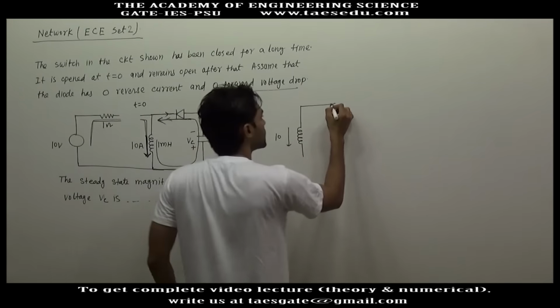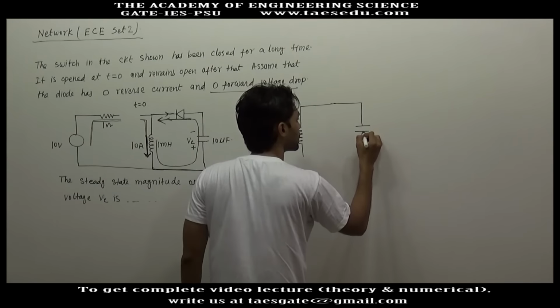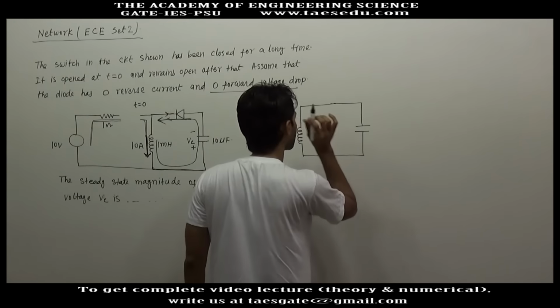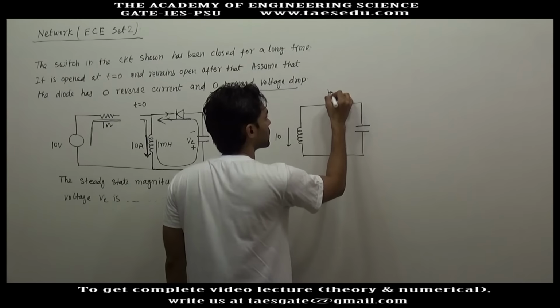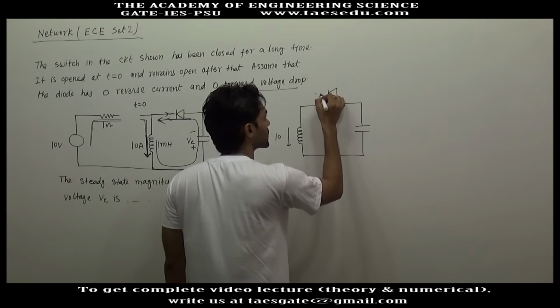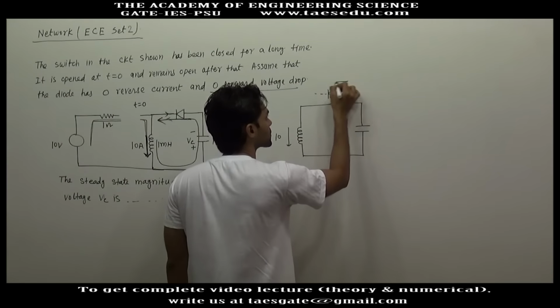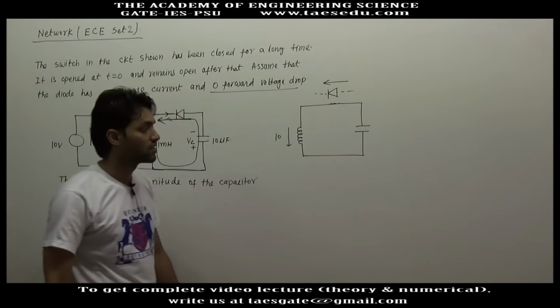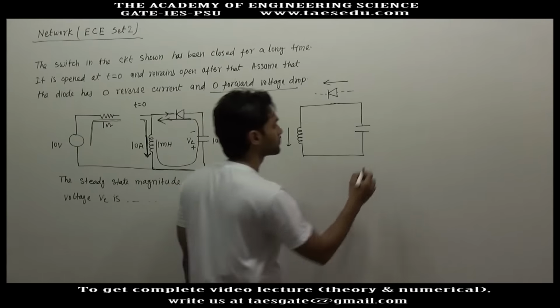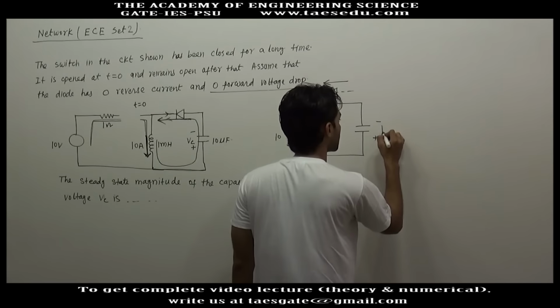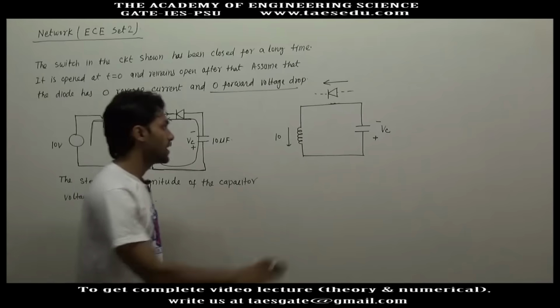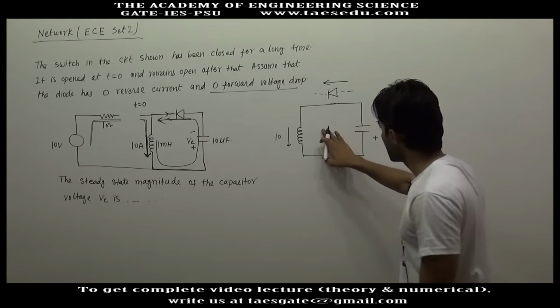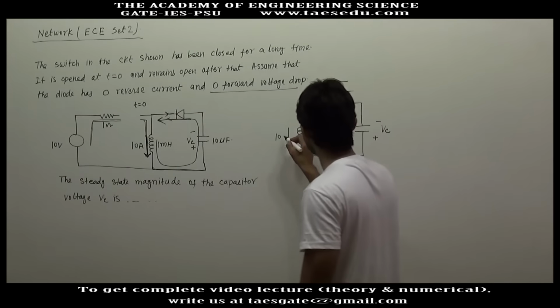Diode is short circuited, and this is the capacitor. It is not physically short circuited. Diode will be physically connected, but for this direction of current, it will behave as short circuited, and this is the reference of capacitor voltage. So now we have the case of LC oscillation with initial inductor current of 10 ampere